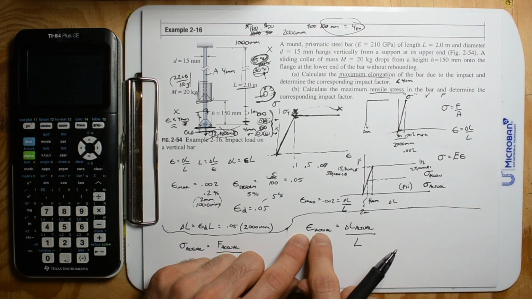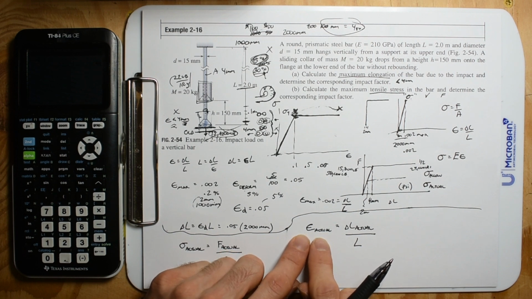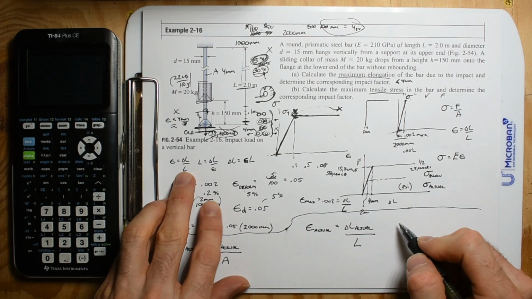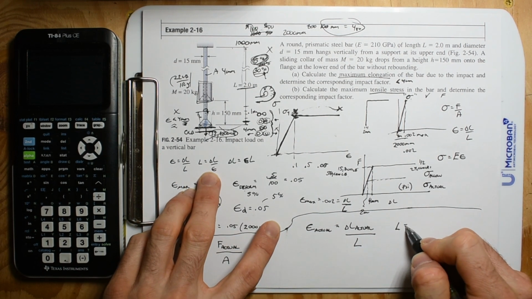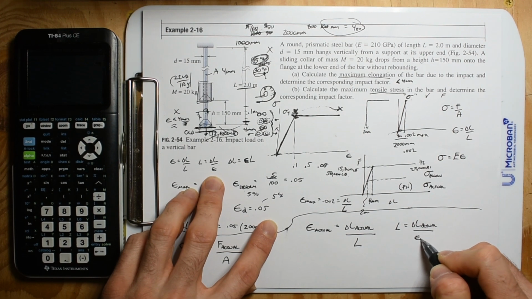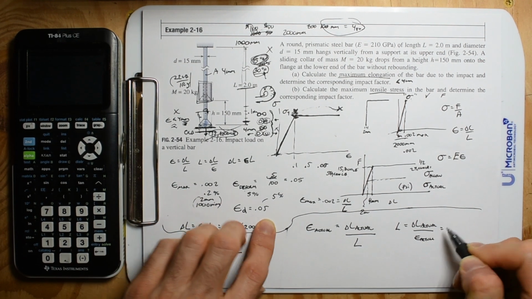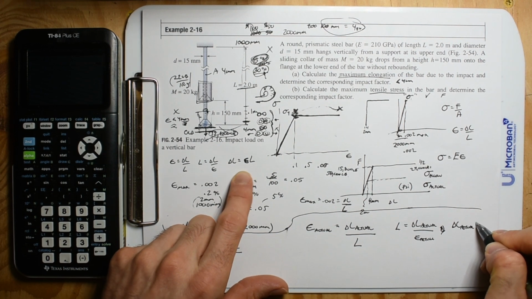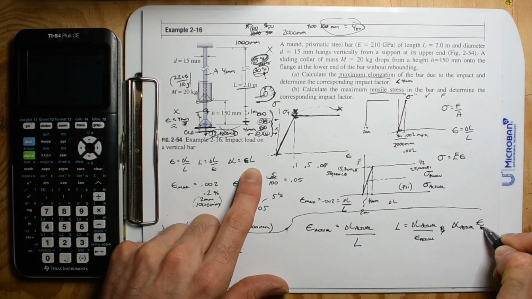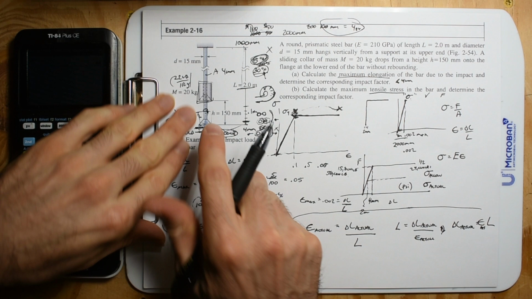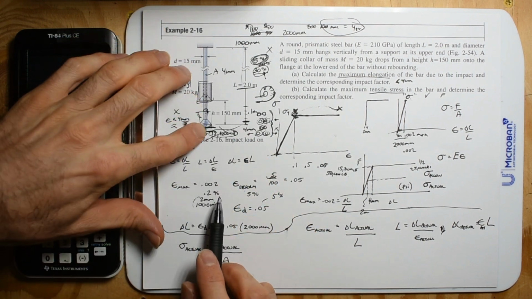So now we can find this actual strain. And if you write it like this, you can also write it in those three different ways. Length is change in length actual divided by strain actual, and change in length actual is equal to strain actual times length. All right, heck yeah. Now, because we just said we wanted to put that 44 pounds on this,